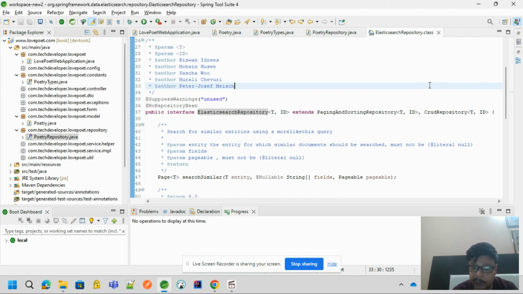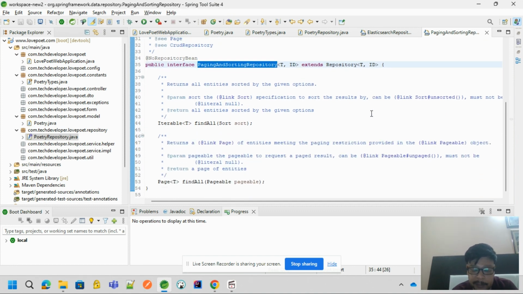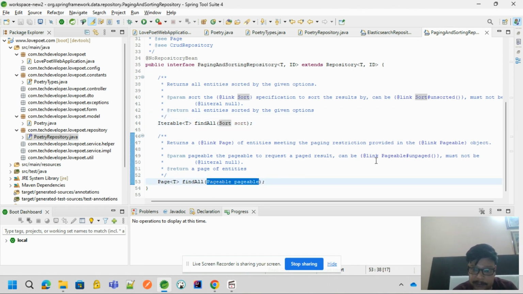all these repositories will always extend the pagination and sorting repository and the CRUD repository. The CRUD repository has all the normal CRUD operation methods, and the paging and sorting repository will always have the find methods in the form of pagination or ordering, like findAll with the Sort argument and findAll with the Pageable argument.